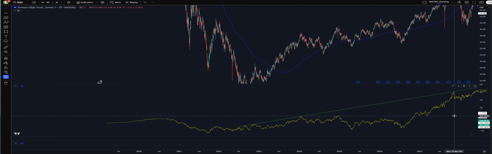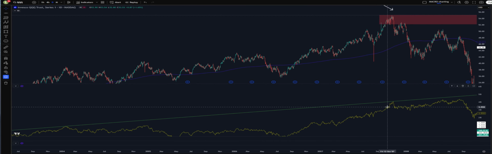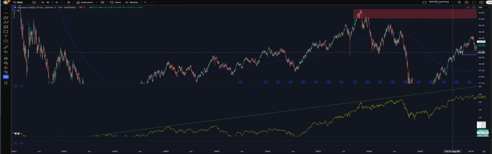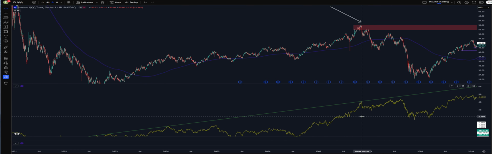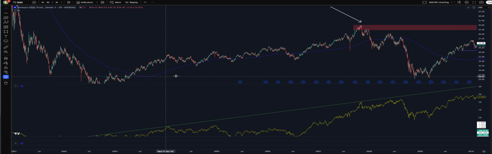When it touches it in 2008, watch this, guys. Pay attention. When it touches it in 2008, it's the top of the 2008 market when it super crashed. This line, if it was identified back here, when it hit up here, you could have sold out at the absolute top. And then SPY proceeded to drop 55%. Okay?